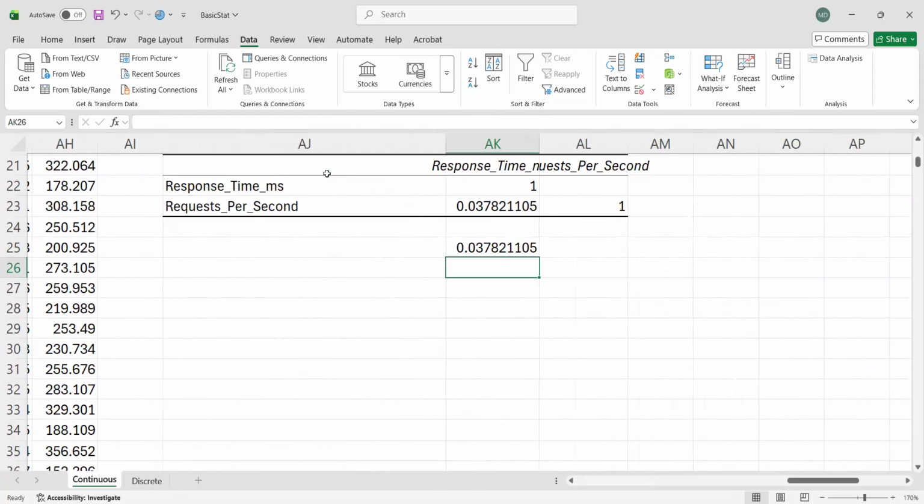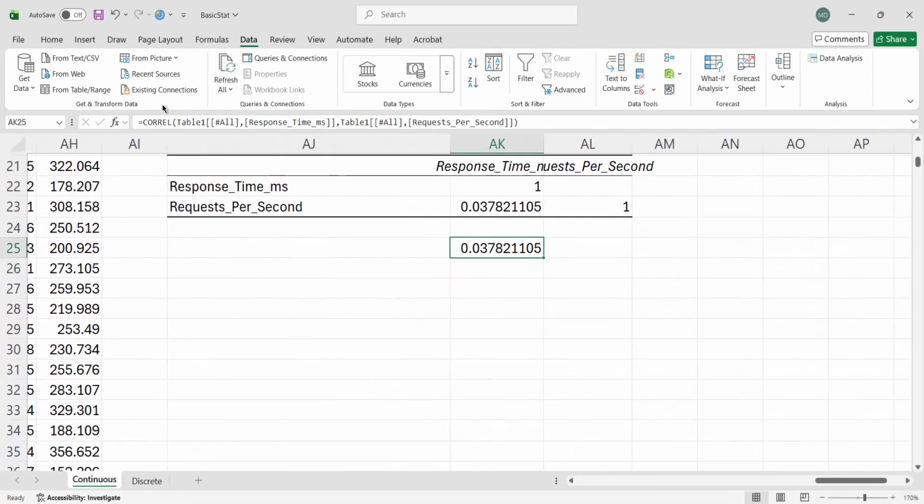So we have the correlation result, which is the same as the one before. Whether you use the data analysis tool or simply the CORREL function, you end up with the same R coefficient. This is the value of R, which ranges from 0 to 1. The closer to 1, the higher the relationship between the two variables.